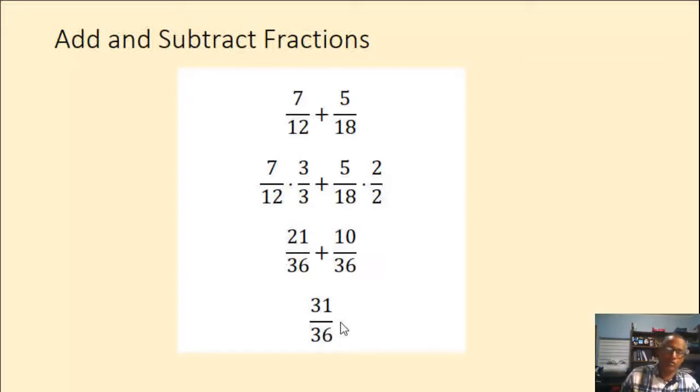So I'm quite sure you know a way that you prefer. I want you to see that it's the same thing, right? You looked for the LCM and then you got 36. And then you said 12 into 36, 3 times 7 is 21. And then 18 into 36 was 2, 2 times 5 is 10. And we're right here. Now, sometimes students complain about when I approach things like this because this seems to be